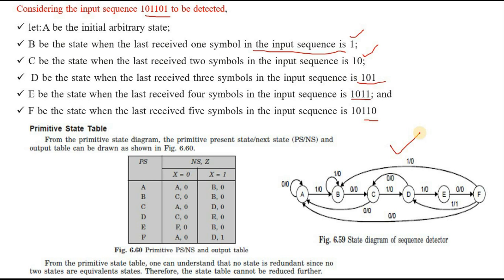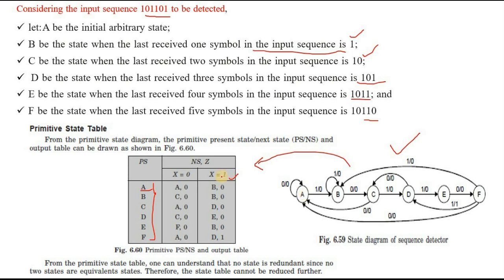Based on this, I have built the state table. So this is the state diagram. From that I have to build the state table. How many states are here? A, B, C, D, E, F. These are called the present states. I have listed them. Then the input I consider as x, so x is equal to 0 and x is equal to 1. So let's come to state A. At state A, how many outgoing branches are there?